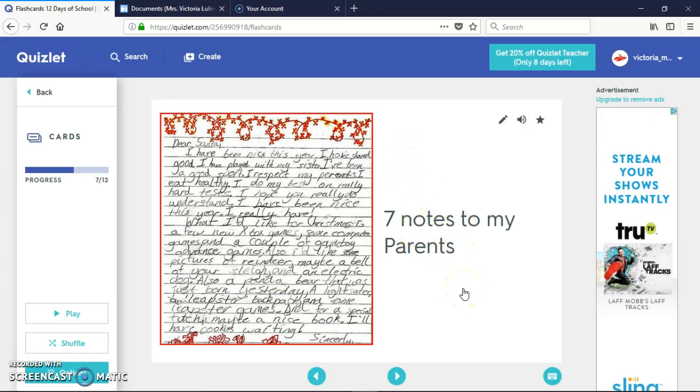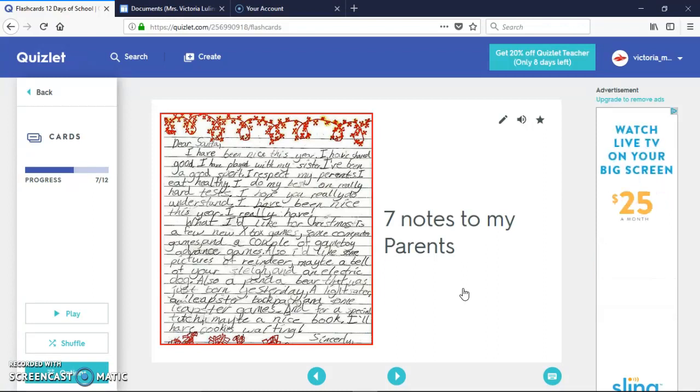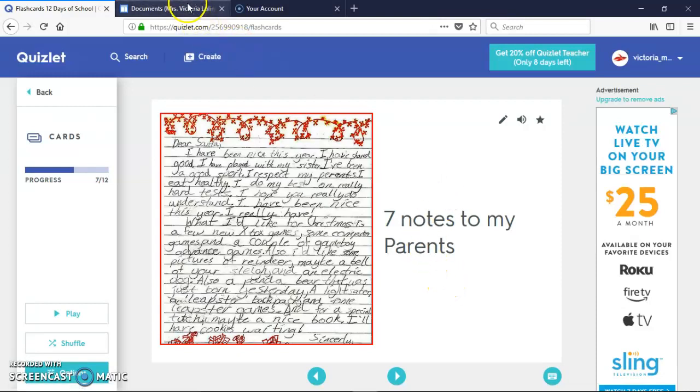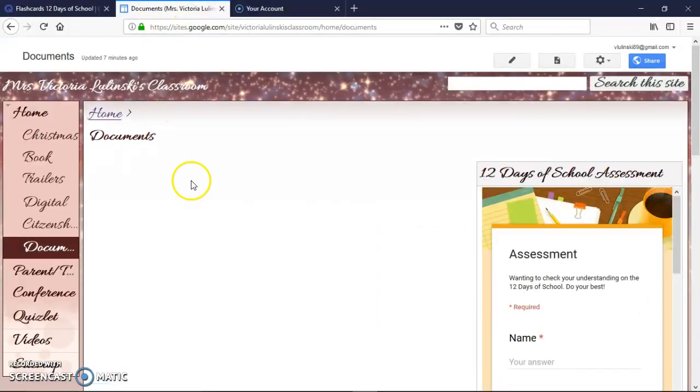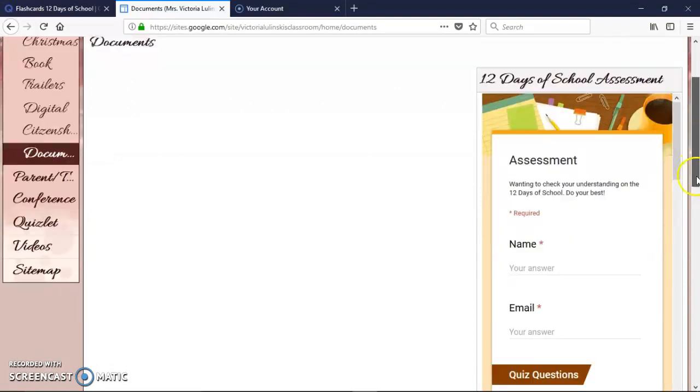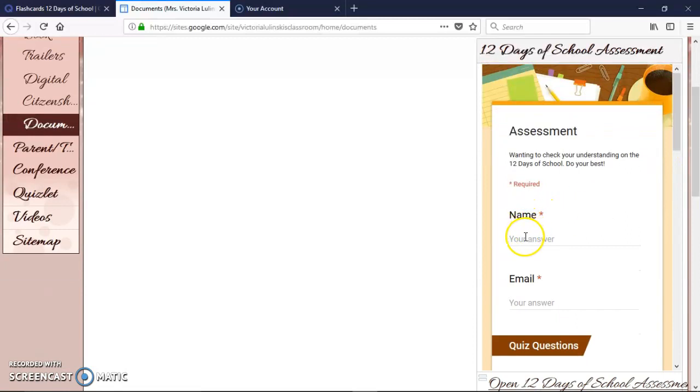But once you feel confident, once you feel like you're ready to move on, that you know all 12 days, you can go to our website, which I'm going to click on now, and you're going to go to the documents, which is on the left-hand side, and right here is going to say the 12 Days of School Assessment. You're going to go in here and answer the questions. First, make sure you put your name and the email address. That way I can go back in there and review